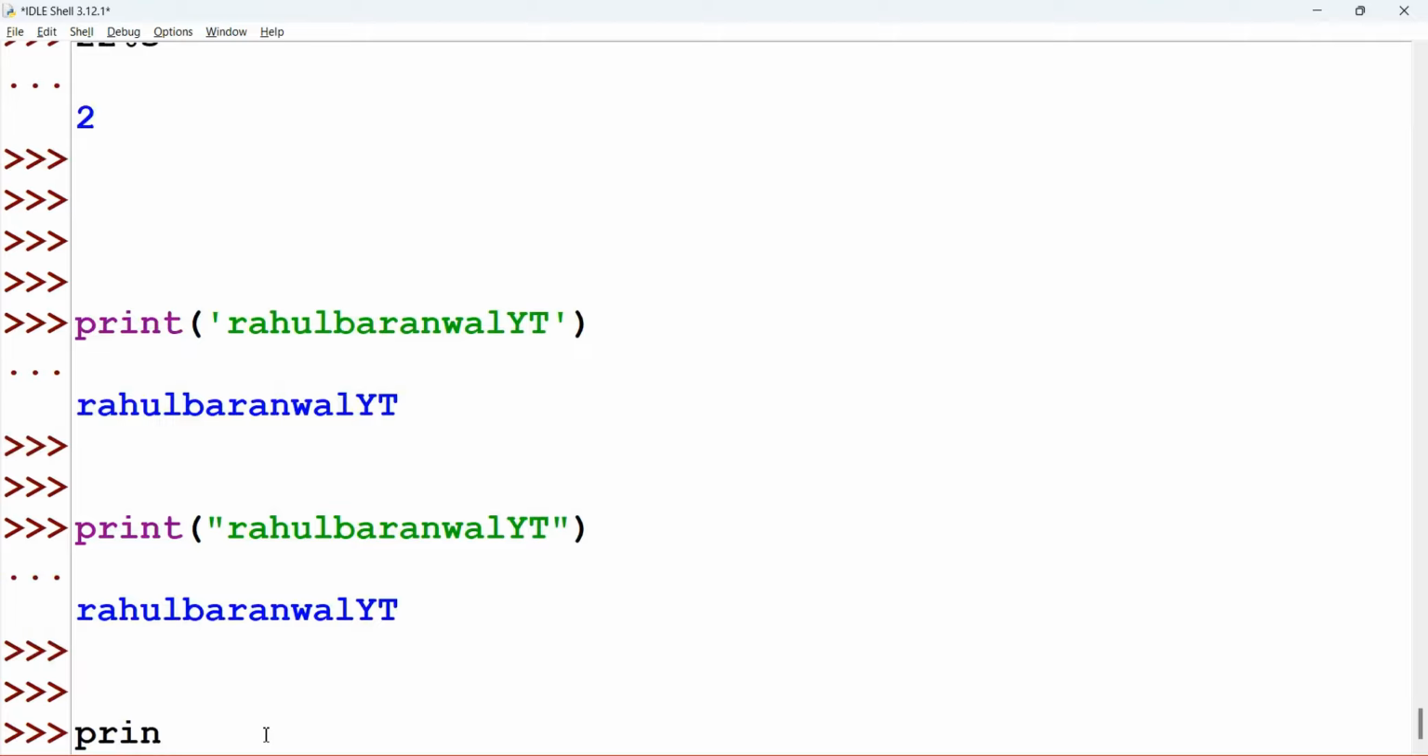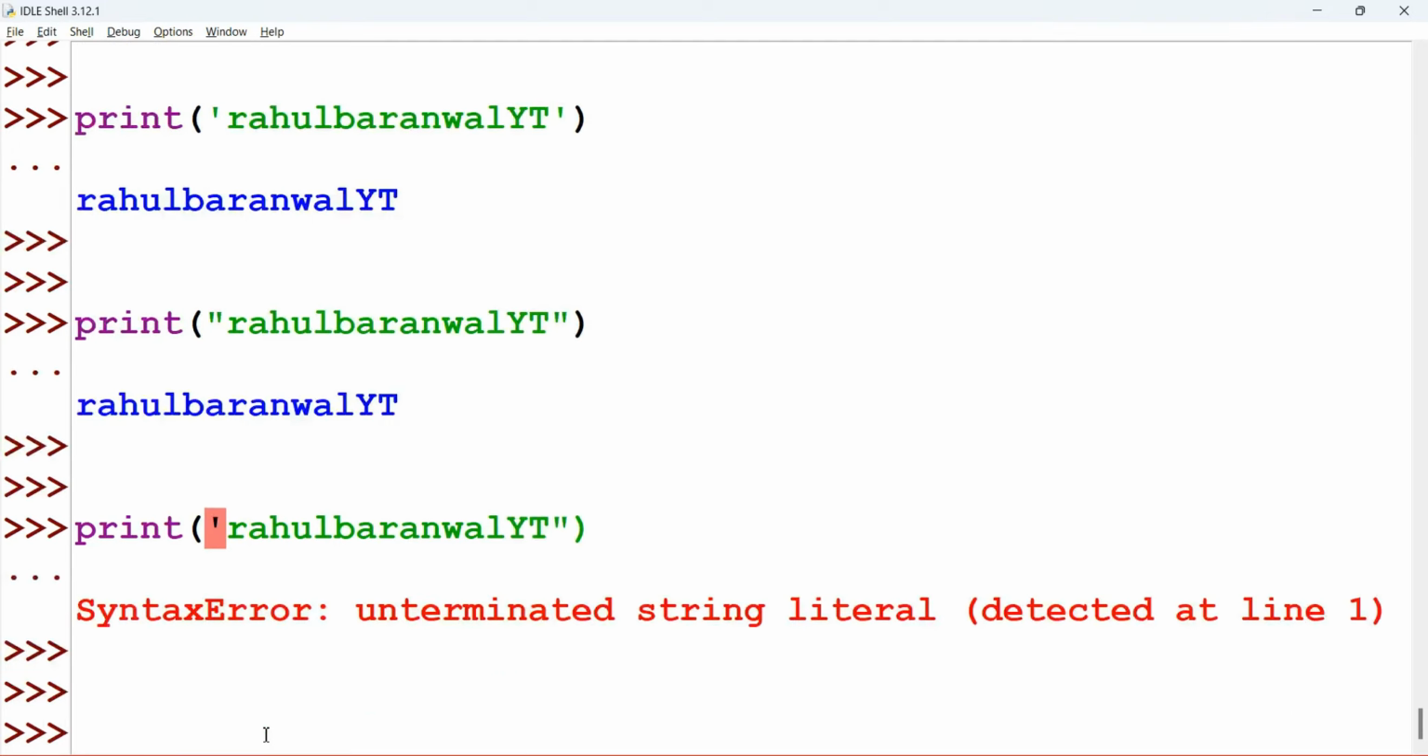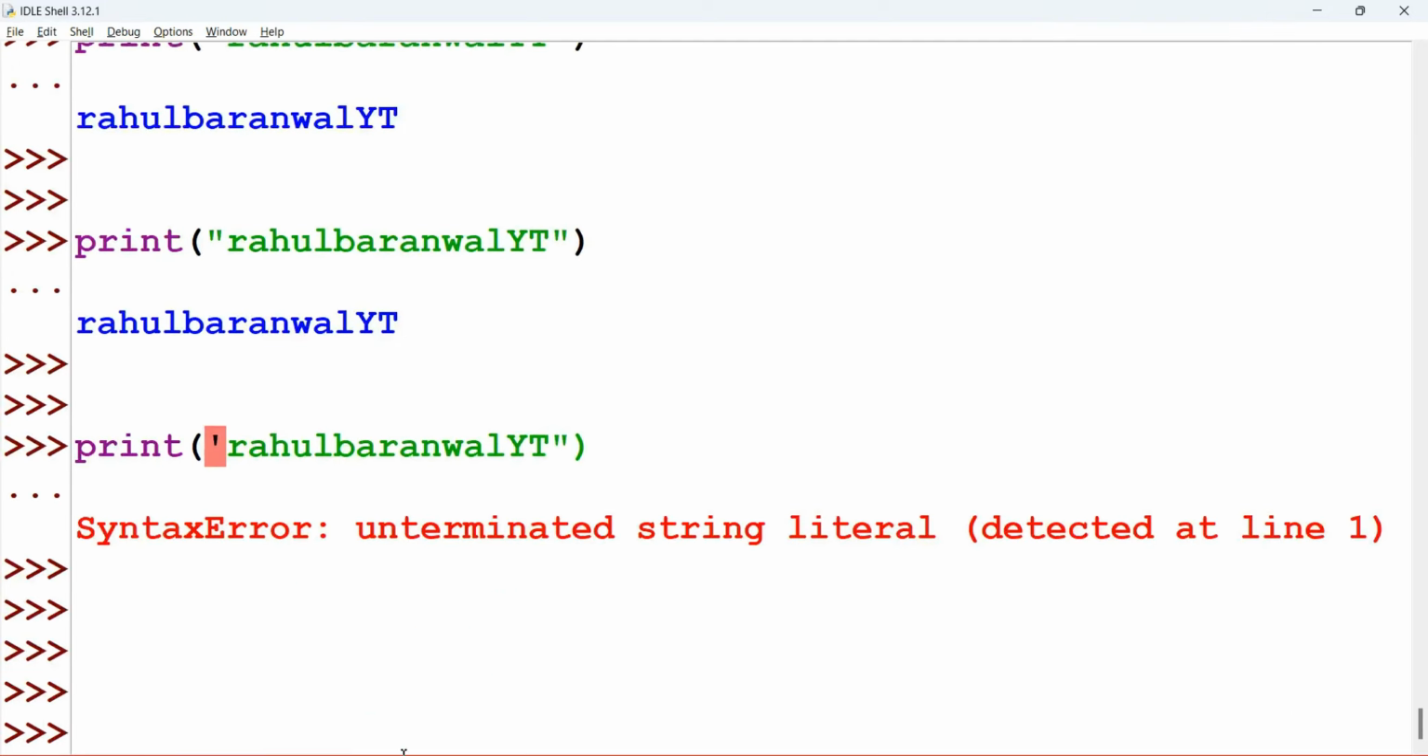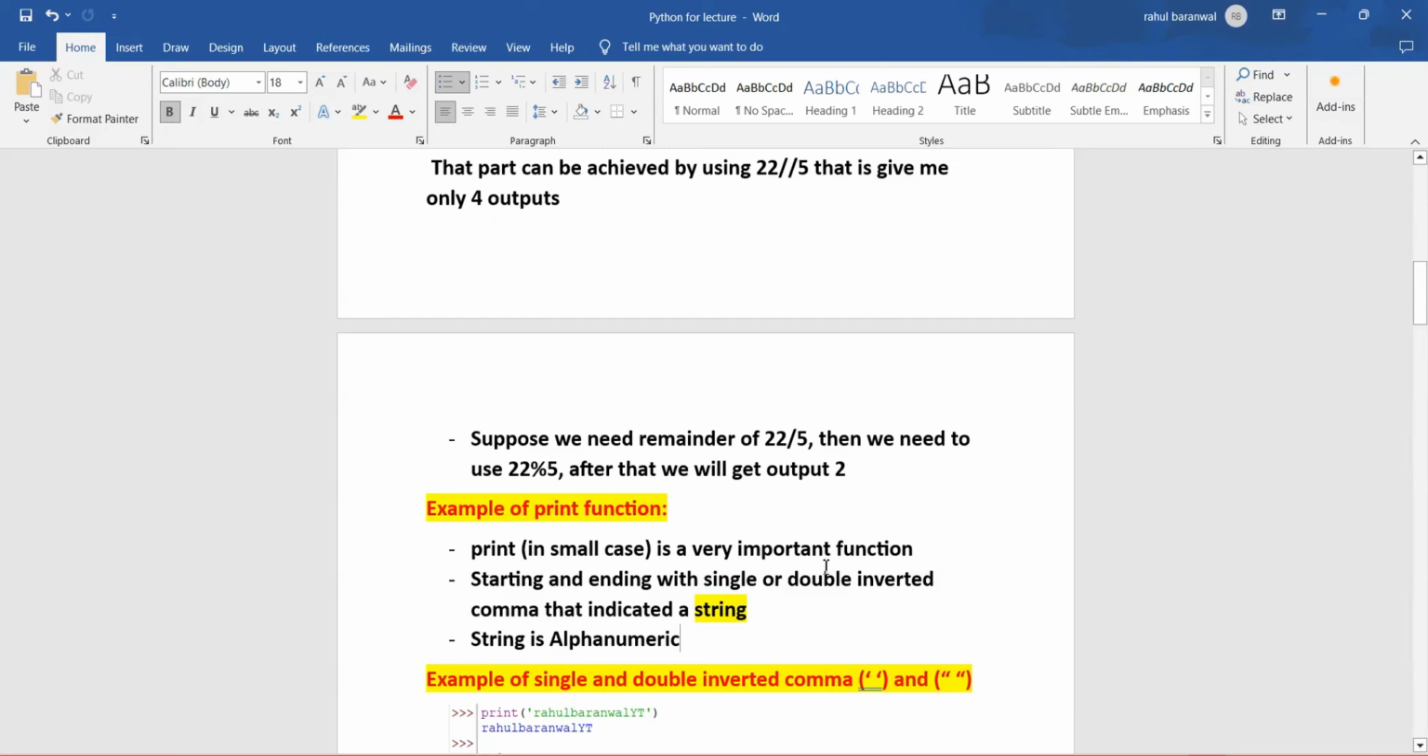I can show you. If we start with a single inverted comma, okay, and we close with a double inverted comma, then the bracket close, and we hit enter, then we will get an error, right? So our next function is